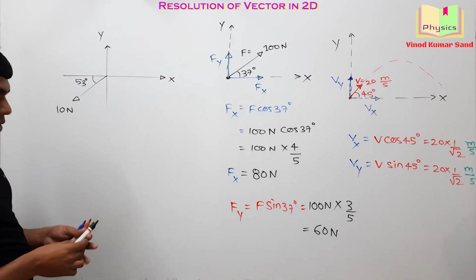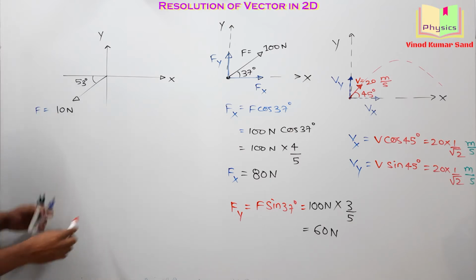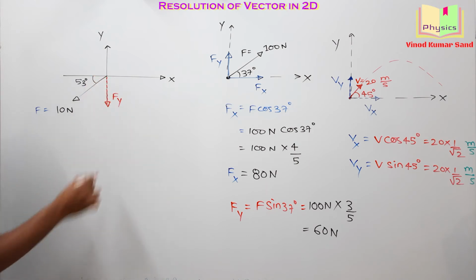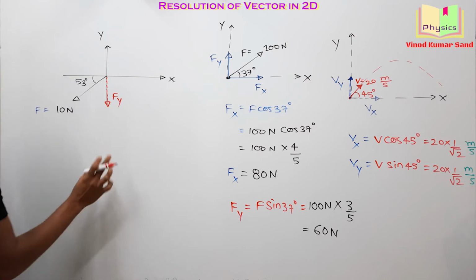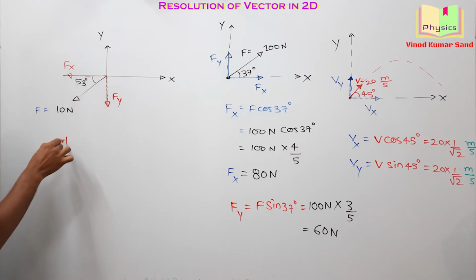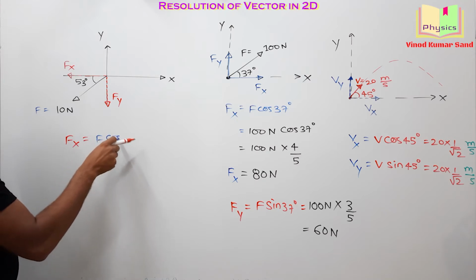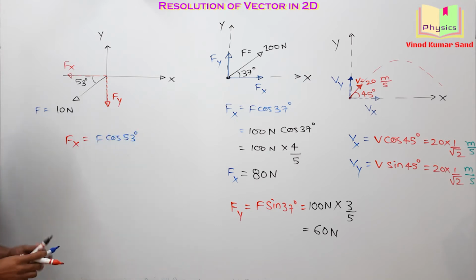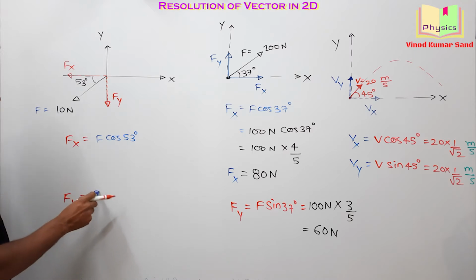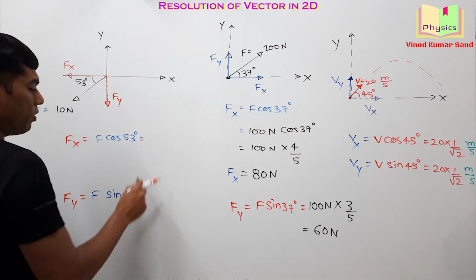Can you find the components of the force? Do it quick. We are finding the rectangular components of this vector. One component, this we will call Fy. I am writing only the magnitude of the components, and this component we will write as Fx. How much will be the Fx? Pretty simple. It will be F cos of 53 degrees. And how much will be the Fy? It will be F sine of 53 degrees. We can simplify them further.